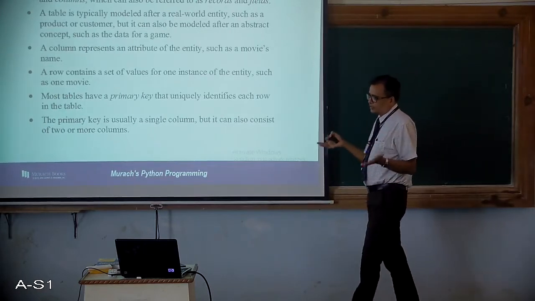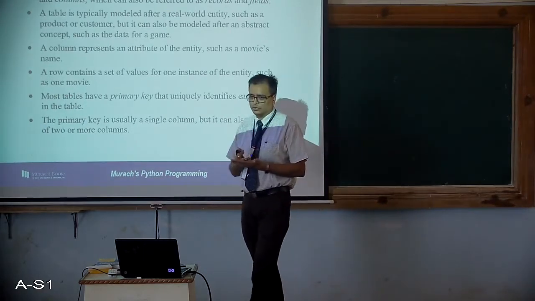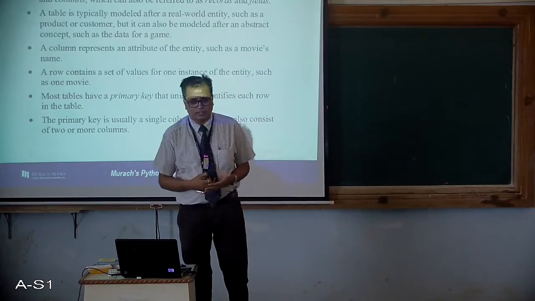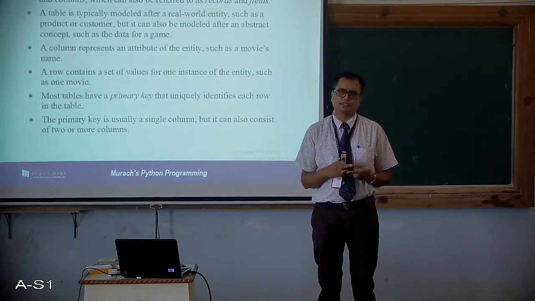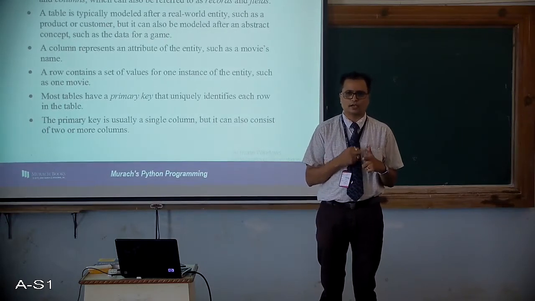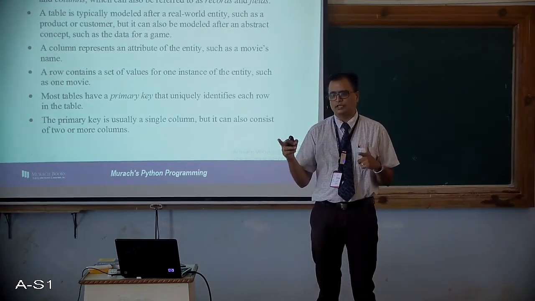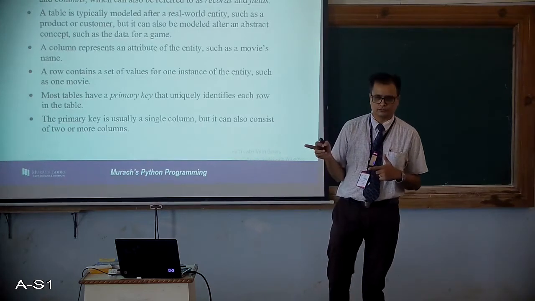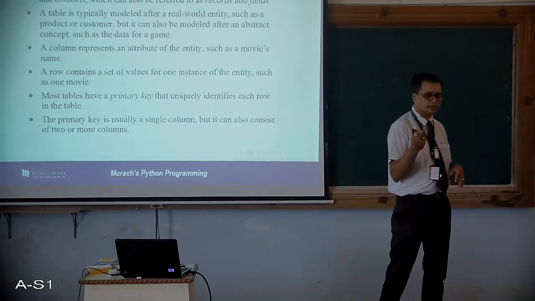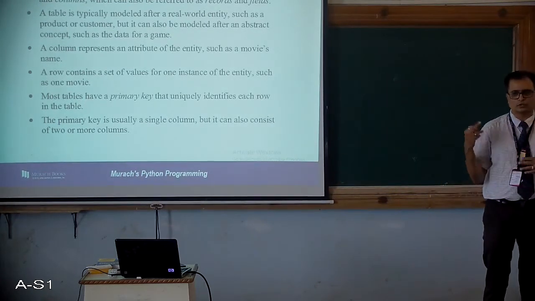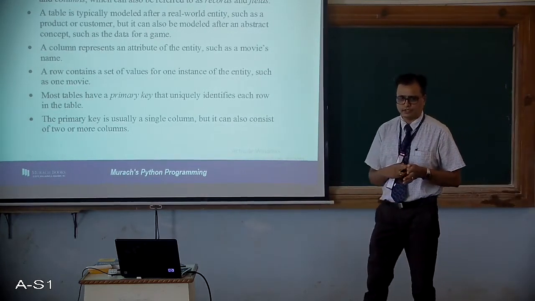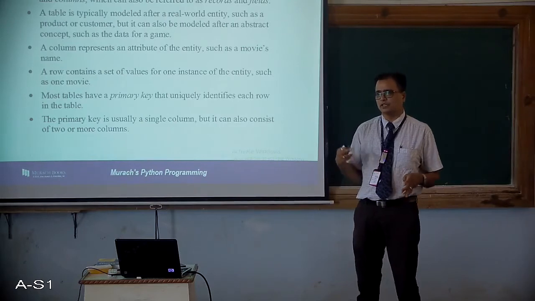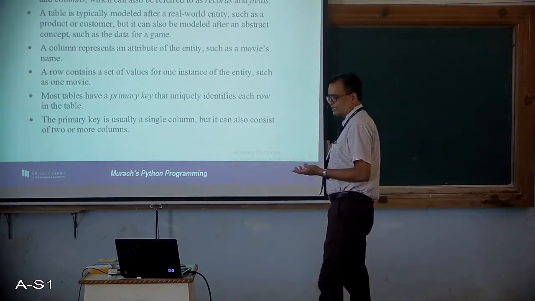So if at all you want to identify a student uniquely, then your primary key would be a roll number plus a division. So I have A1, a roll number 1 in A division. B1 is roll number 1 in B division. C1 is roll number 1 in C division. Similarly, A19 is roll number 19 in A division. C19 is roll number 19 in C division, and so on and so forth.